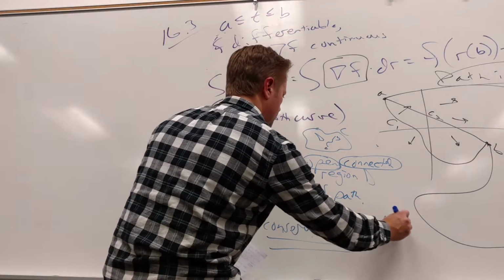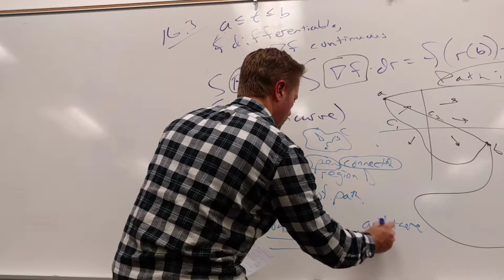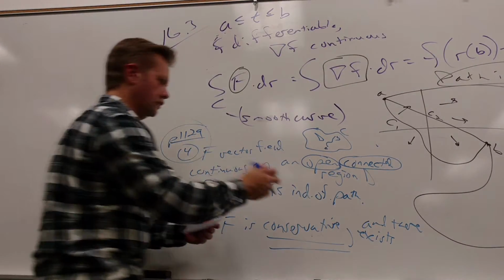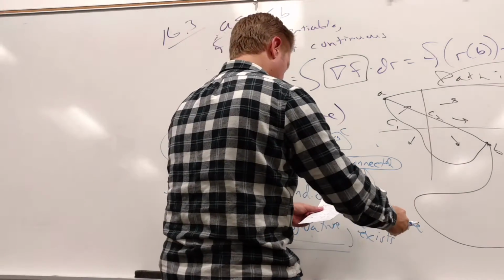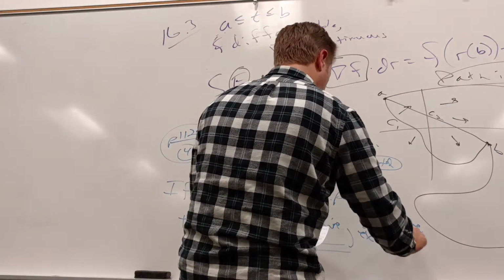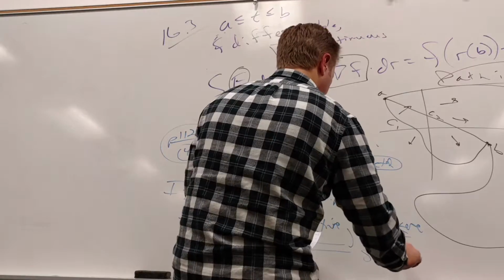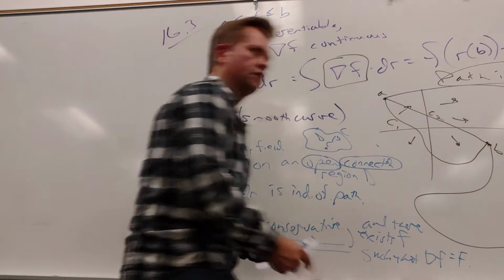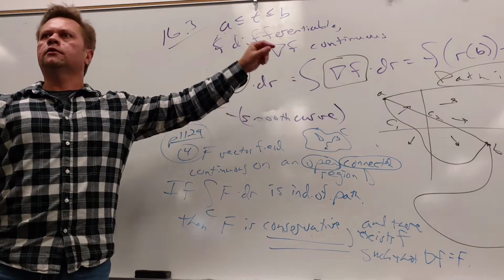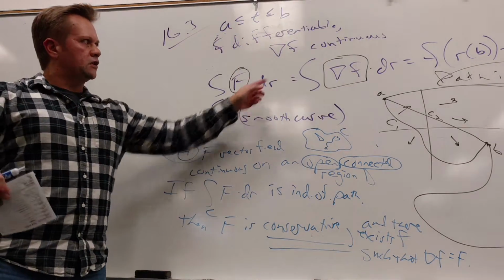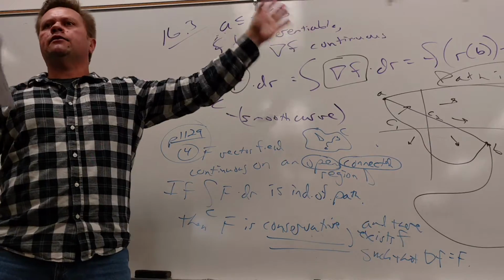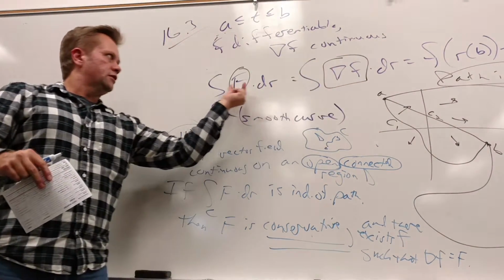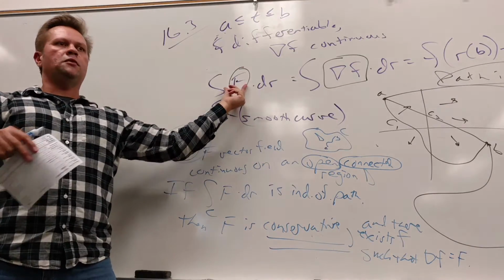And there exists, well, this is in the book, that's why I put this here. And there exists a little f such that delta f equals big F. That was the big thing from this. In order for this to be path independent, there has to be a little f such that the gradient of it gives me the big F.